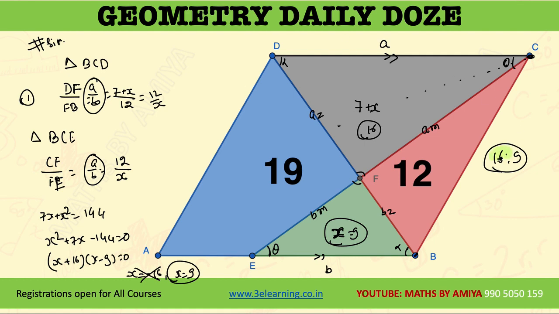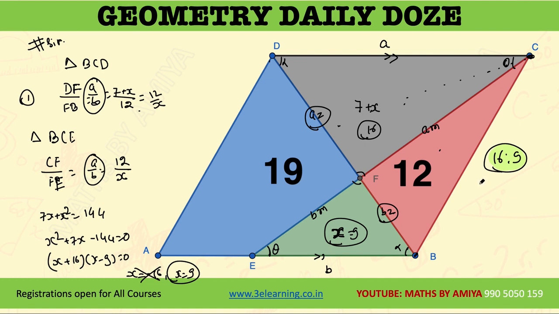So this is one of the crude methods of solving this question with the help of similarity. I used basic class 10th level similarity. The area ratio of any two triangles on a common base and common vertex should be the same as the side ratio. I used this property with two triangles and got the answer. So this is a basic crude method. If you have any better method, please post it in the comment box so that I can pin it and other people can also learn from your solution. Though I have more than 6 ways of solving this question, I gave you a solution which is basic, crude geometry. So this is the learning of the day.